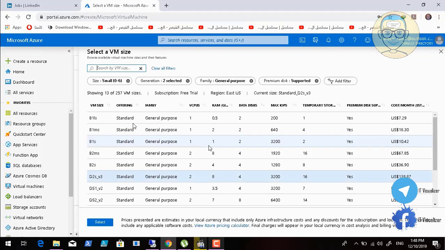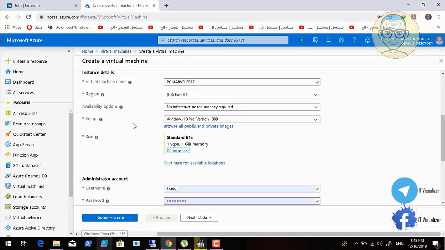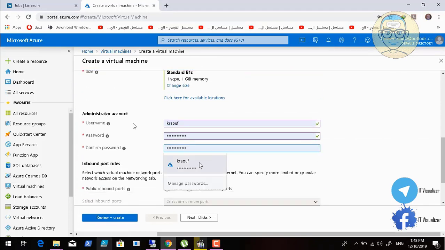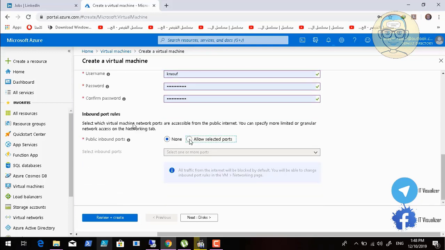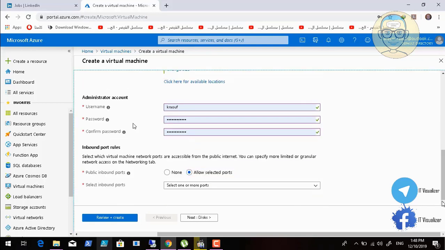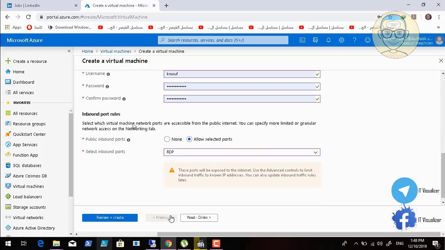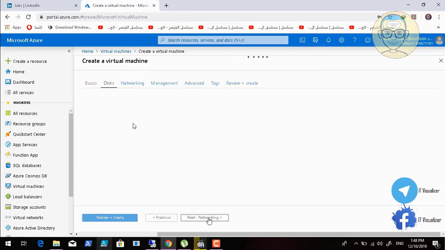Okay, but it is recommended that you leave what Microsoft recommends for you, because here it has told me that to run Windows 10 Pro 1809, it recommends 2 virtual processors and 8 GB of RAM to have a smooth performance. But here I have chosen 1 GB of RAM and 1 processor, due to the cost of this virtual machine. Okay, so here we are making a firewall rule to allow the remote desktop connection,